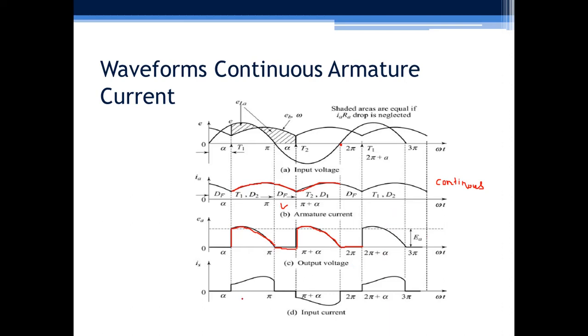And if you observe the supply current, you can see that when T1 D1 conduct, the output current is nothing but the input current. So supply current is positive here, and its instantaneous value is equal to this current. From pi to pi plus alpha, supply is isolated from the input, that's why no supply current is flowing, so it is 0. After that, when T2 D2 conduct, supply current is equal to output current, but supply current flows in the opposite direction.